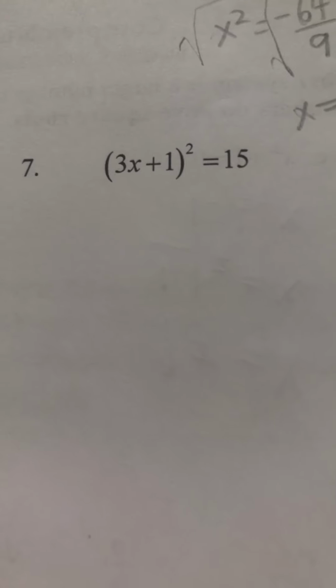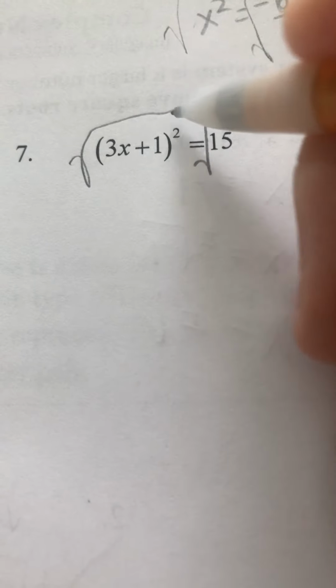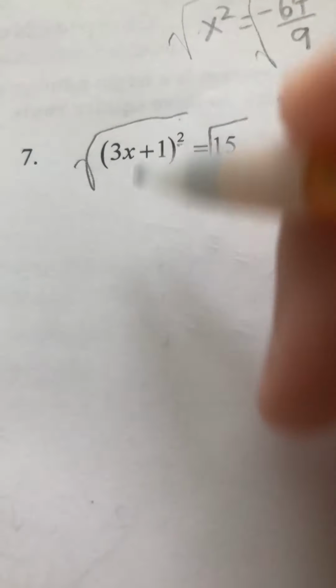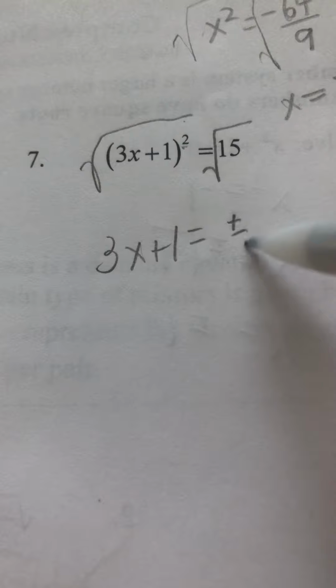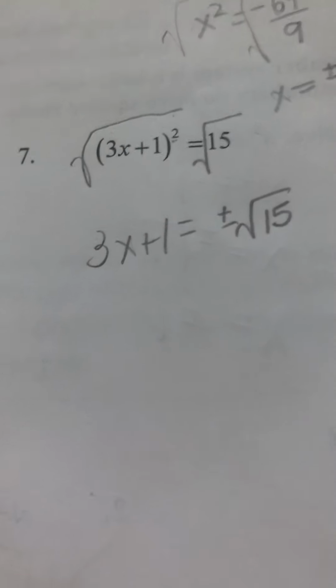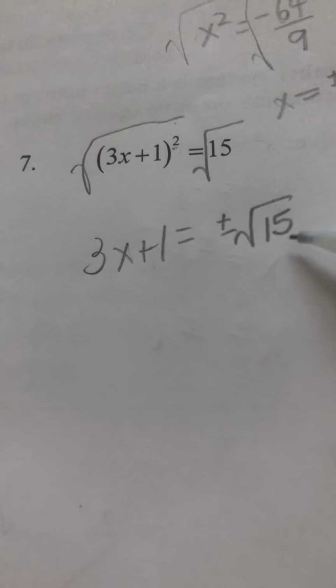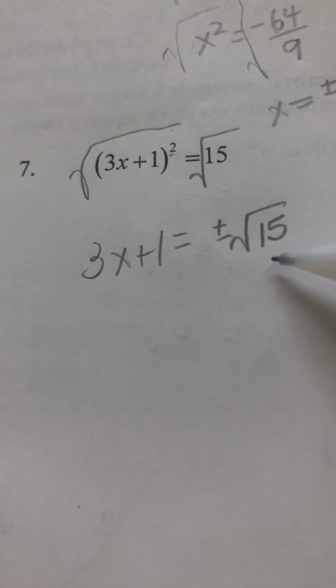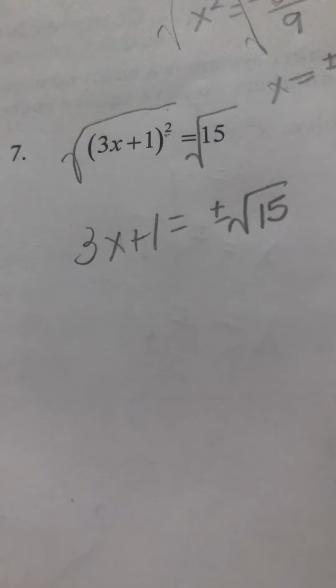So you can start out by taking the square root of both sides. Here, it's just the square root of something squared, so they'll cancel each other out. So you have 3x plus 1 equals plus or minus root 15. Do not forget the plus or minus. Root 15 is not simplifiable because it's just 5 times 3, and neither of those is a perfect square. So what you would do is bring over the 1,